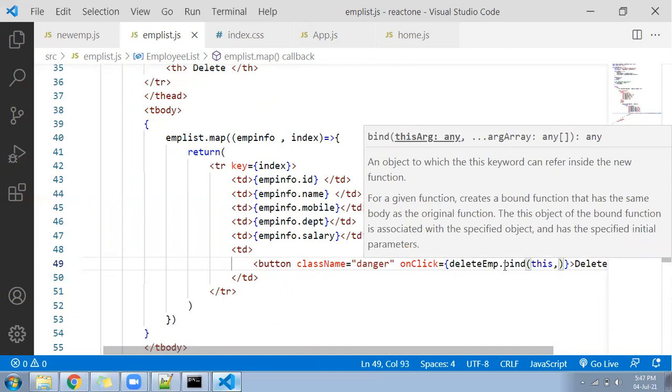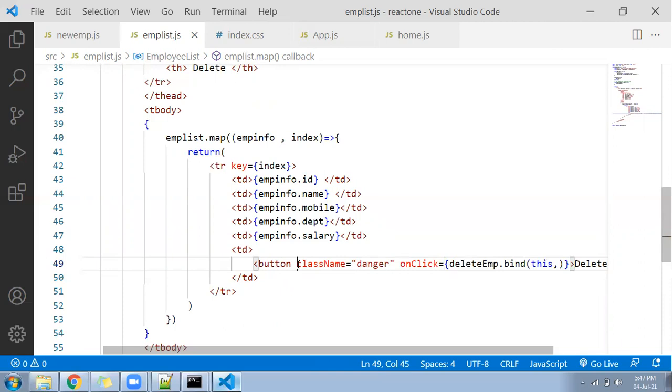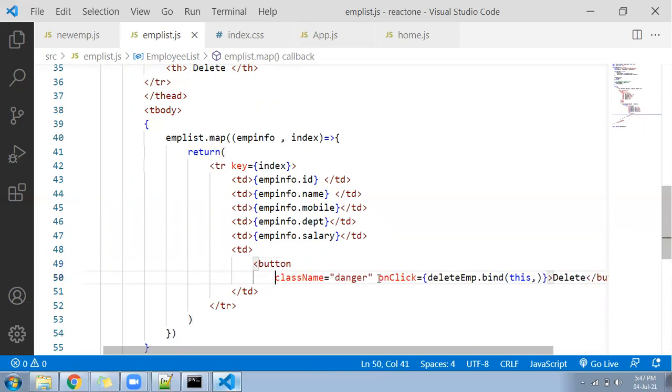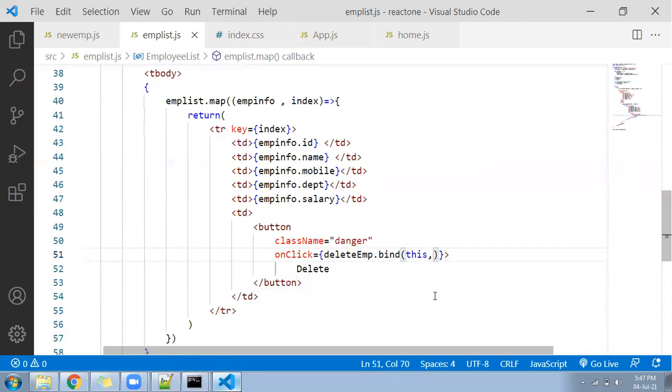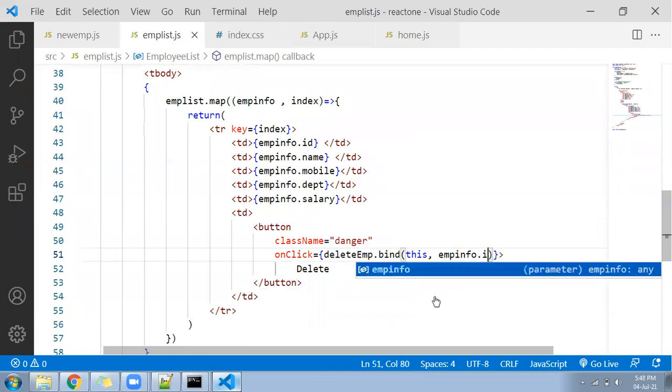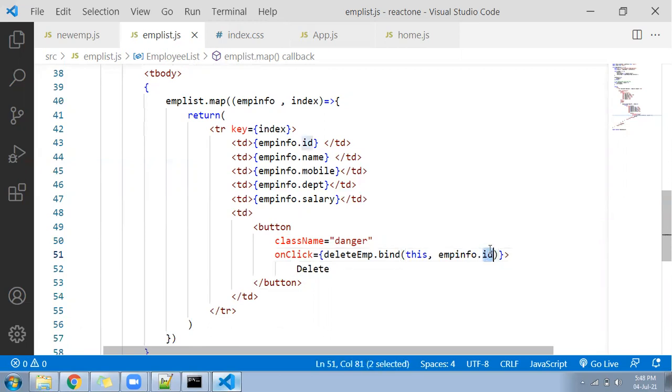First one is this and second will be your parameter. Which parameter you are going to send, that is your wish, but second parameter is your parameter. Let me make it like this, and here I will be writing empInfo.id. This id is coming from the JSON file.